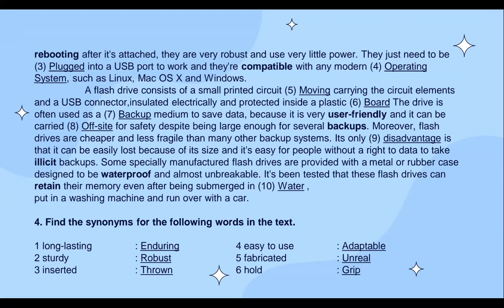A flash drive consists of a small printed circuit board carrying the circuit's elements and a USB connector, insulated electrically and protected inside a plastic case.